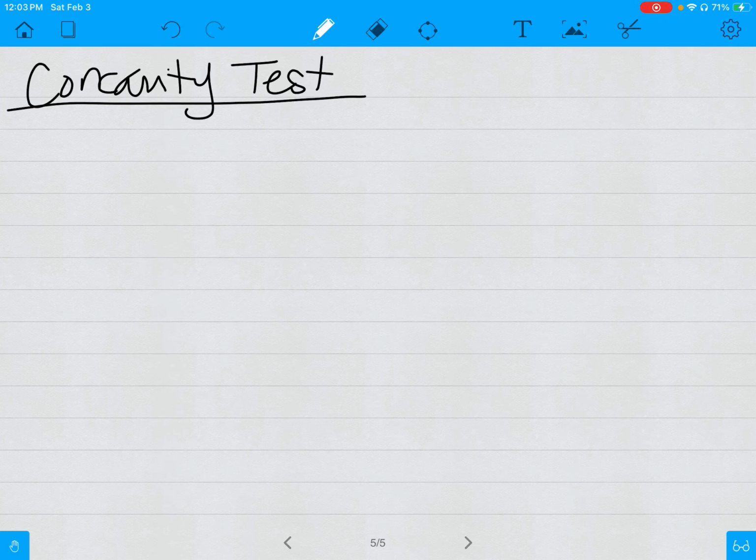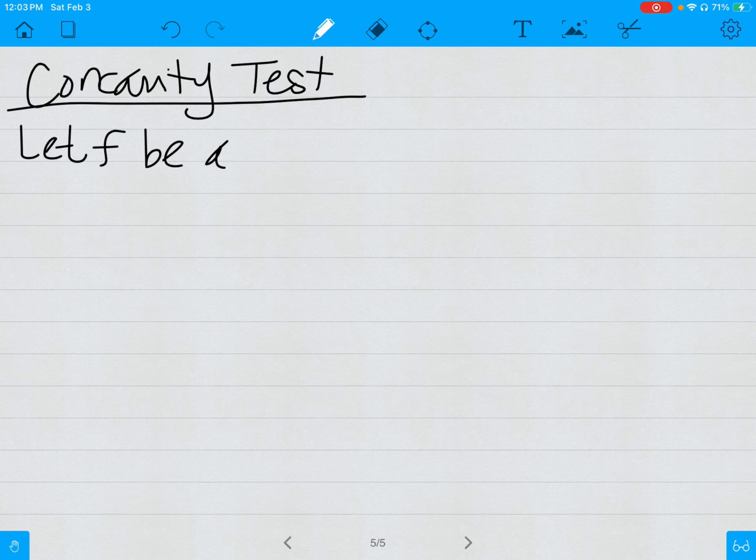So now let's talk about the concavity test. Let's say that I wanted to determine the concavity of a function over a specific interval, but I either didn't have a graph or I didn't want to graph it, and I'm wondering, what's the concavity of this function look like? So there is a test that we can do called the concavity test, and we're going to let f